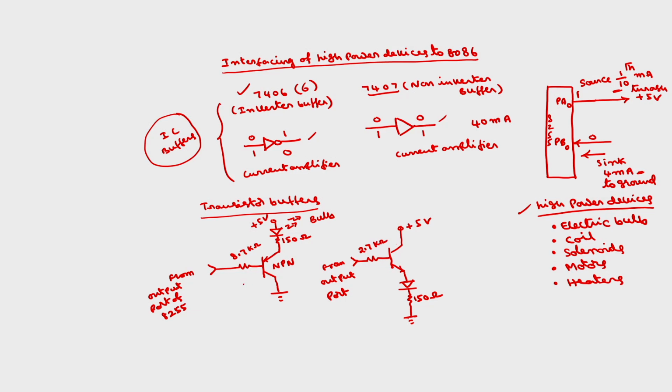So here also this acts as a buffer, meaning if input is 0, output is also 0, and if input is 1, output is also 1. But here we are going to amplify the currents. So the current passed through this LED will be more, and LEDs can even be replaced with bulbs. In that case, accordingly you have to take these voltages. Bulb means we require larger voltages. The current capacity of this buffer is 40 milliamps, whereas using this transistor buffer we can go up to 400 milliamps currents.